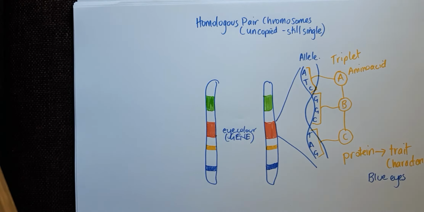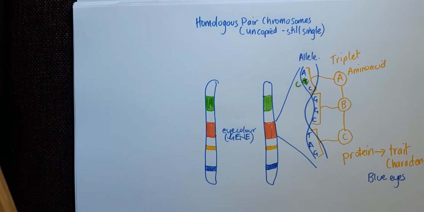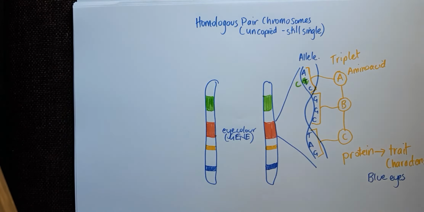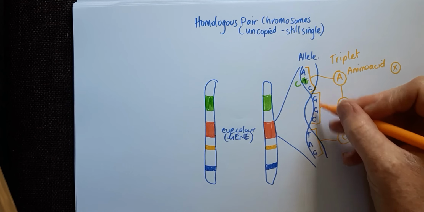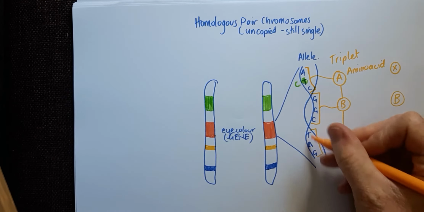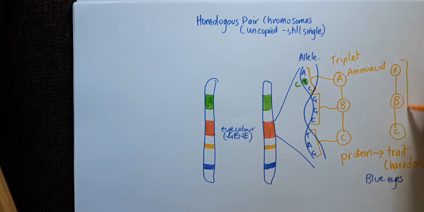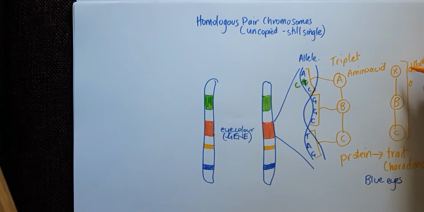Now, what would happen if this T became another C? So that combination there, A, C, C, what happens then is it produces a completely different amino acid. So it might be amino acid X. Now GGC still makes amino acid B, and TAG still makes amino acid C, but now we have a completely different chain of amino acids. Well, we've got a completely new amino acid here in the first place, but that chain of them is making a completely new